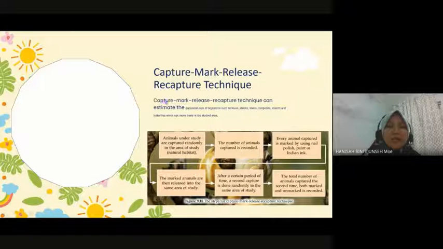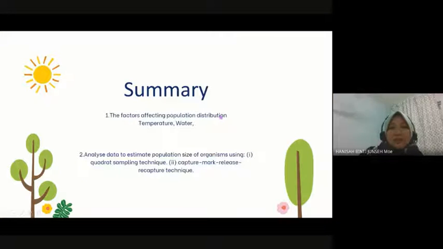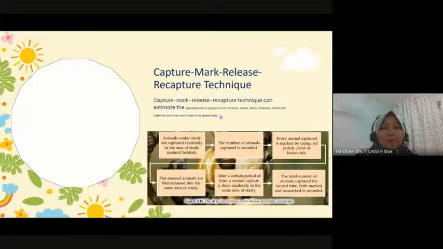Okay, the capture, mark, release, recapture technique can estimate the population size of organisms such as foxes, sharks, snails, millipedes, insects, and butterflies, which can move freely in the studied area. Alright. So nanti actually sebelum kita pergi summary, dia ada perkiraan lah. From that data, what you can do with that data to estimate the size of the population. Itu pun sama juga, kita kena hands on baru kita tahu. Okay, jadi